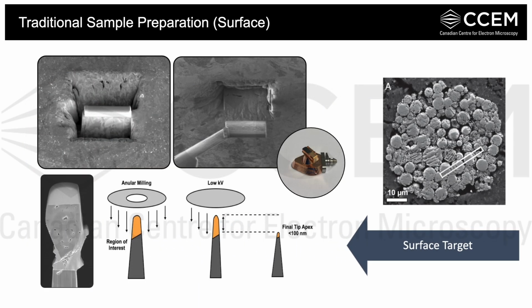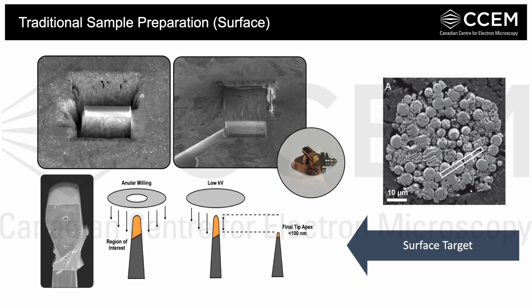So for targeting a surface feature, this is a Framboid class imaged using the SEM. We can move forward by taking a standard liftout for AtomProbe using the FIB. So this is done by milling our trenches to form our cantilever bar, kind of like a Toblerone bar with a triangle bottom. We can extract this using an in situ micromanipulator. We can attach this liftout to individual silicon posts and then use annular milling to make them into needle shapes for AtomProbe.